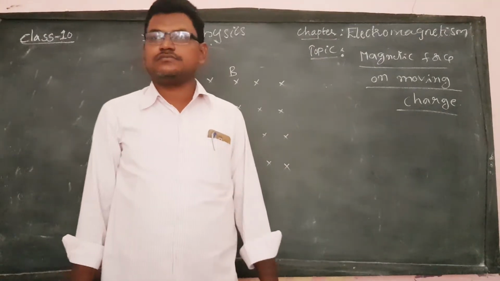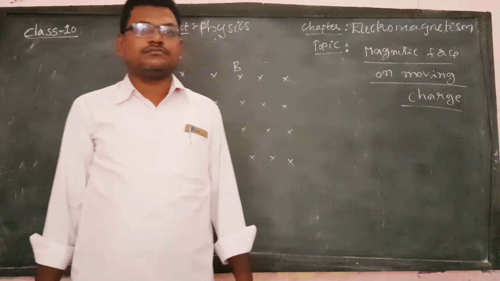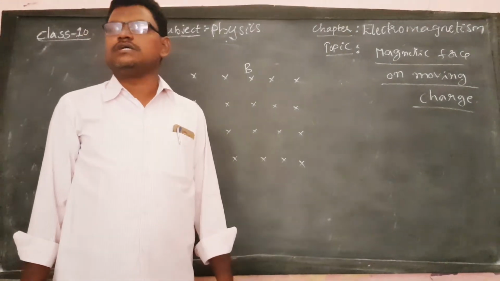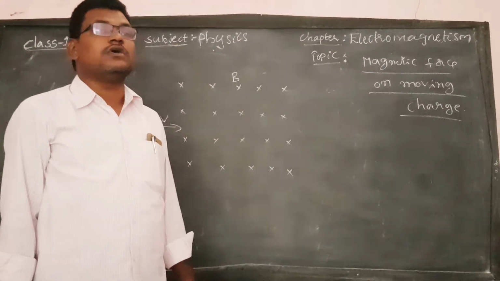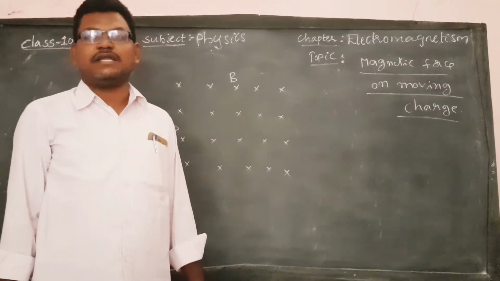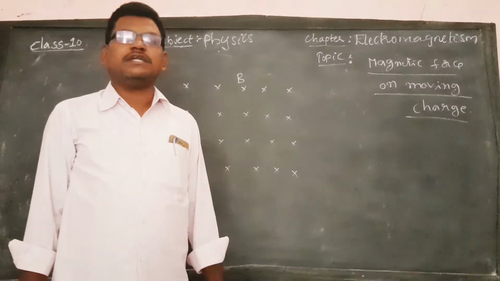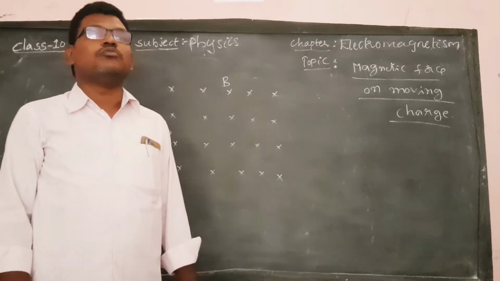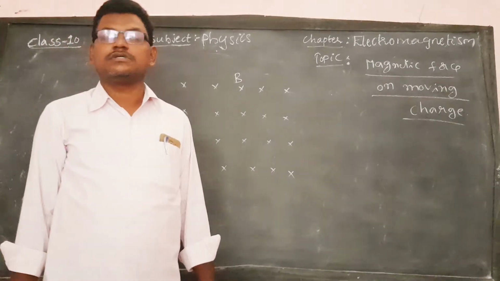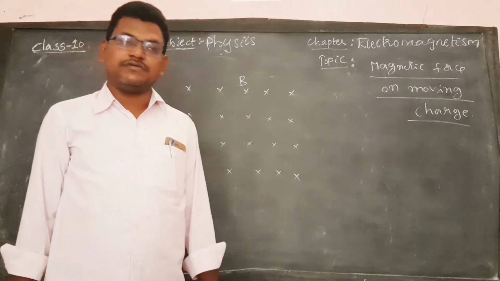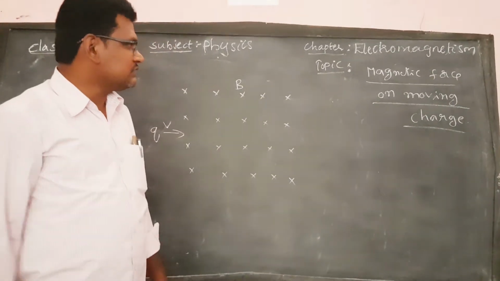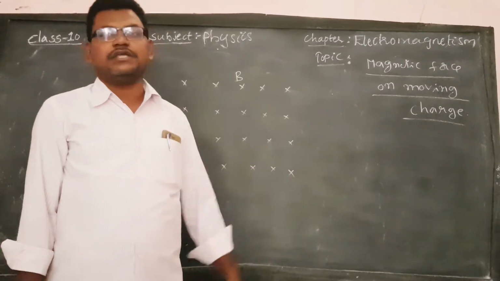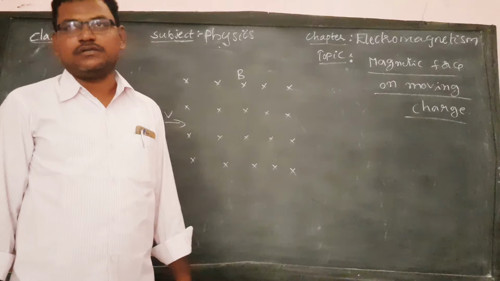In the previous class, we discussed the magnetic field due to a solenoid. We know that current carrying wires can produce a magnetic field. Current means the flow of charge. That means moving charged particles can produce a magnetic field. Now today in this class, let's see what is the magnetic force acting on a moving charged particle.